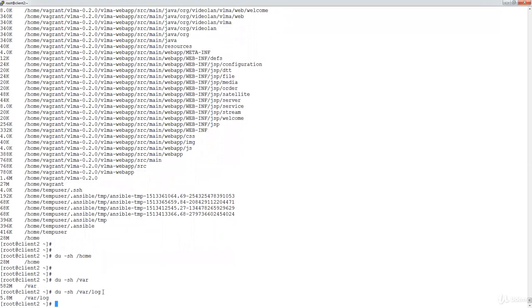Okay, all right. So in this way we can check the space. If I get a major file here in the log, then there is a concern. I have to go ahead and take care of it, either zip it or delete it or put it somewhere, right? Because the logs are continuously written, where maybe we have an application and that application generates a huge log, and maybe there is some issue, and